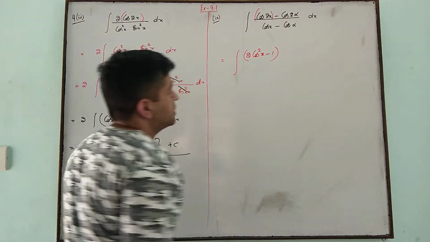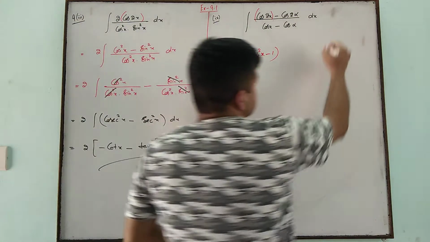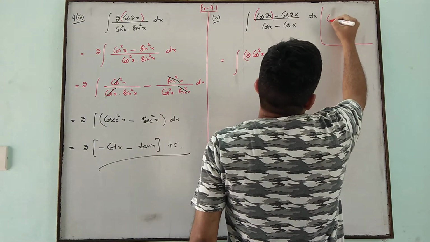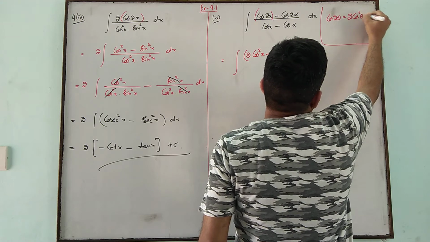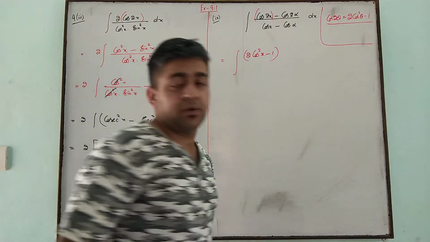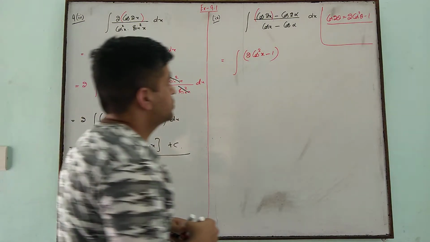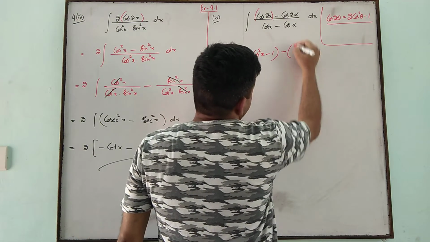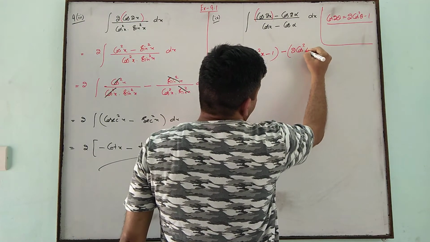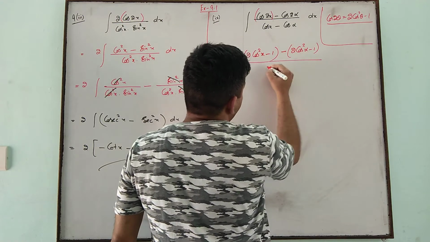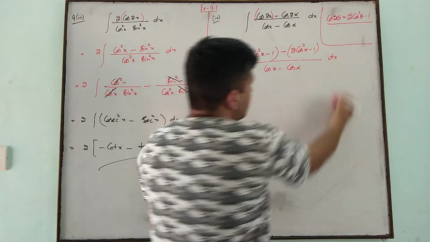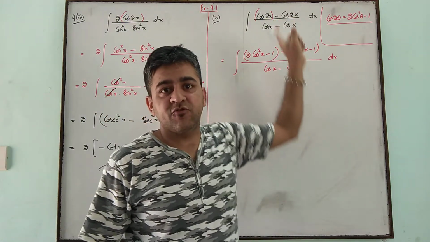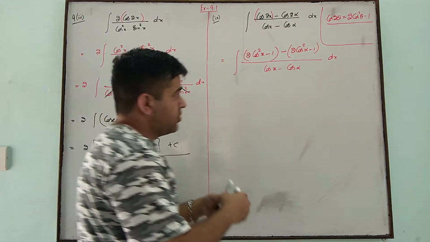We do have a formula: cos 2 theta is 2 cos square theta minus 1. We have three formulas of cos 2 theta. One is this, so we are using it here. Cos 2 alpha is 2 cos square alpha minus 1. If you know the formula, questions are, again I am saying, very easy. Questions will be very easy if you know trigonometric formulas. So learn the formulas first.